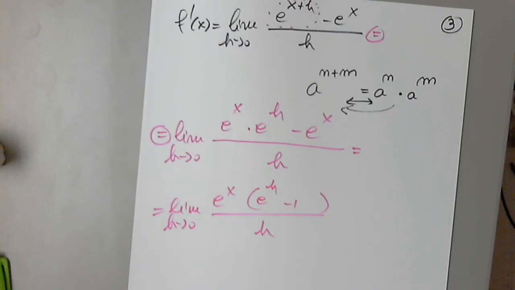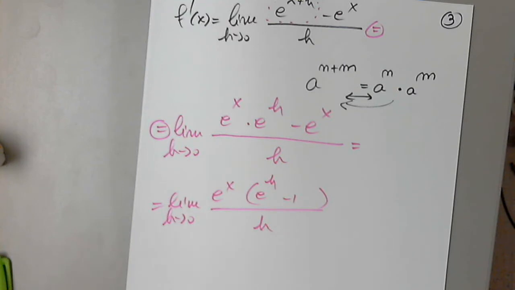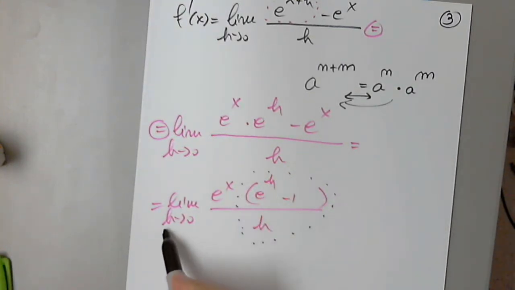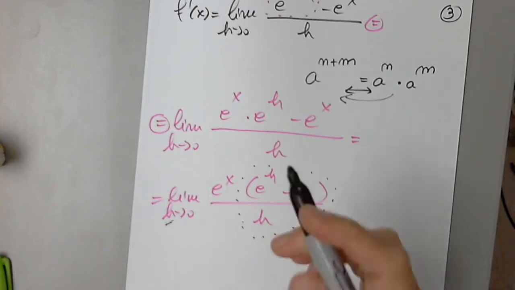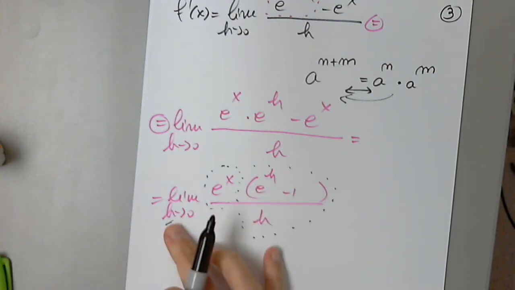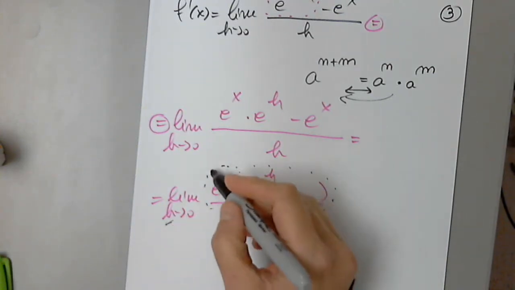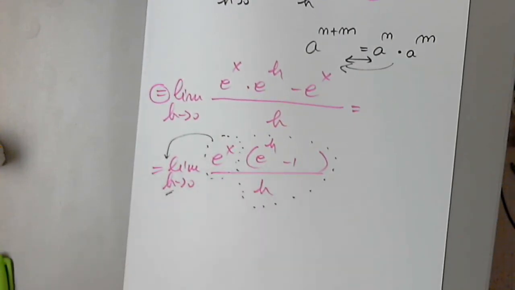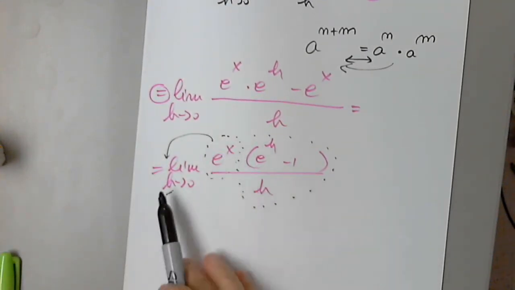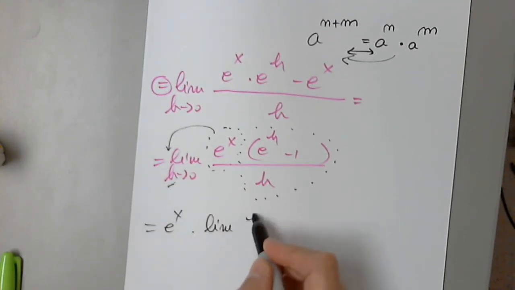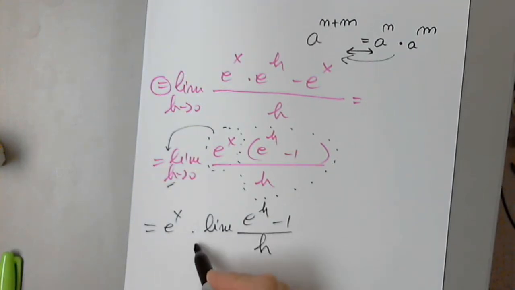Very good. Now you see there are two pieces in here. This is one piece that has h in it. And this is another piece, which is a constant. This does not depend on h. And we know one of the limit rules or laws allows us to put a constant in front. This is like 3. It does not depend on h. So this is e to the x times the limit of e to the h minus 1 divided by h